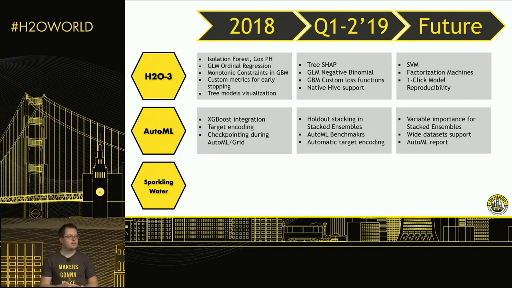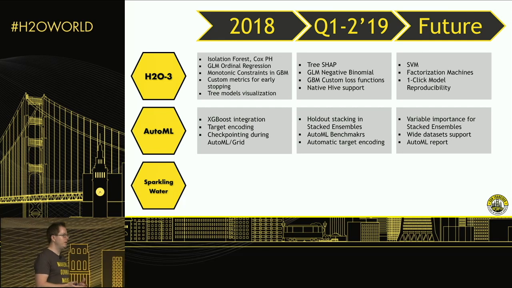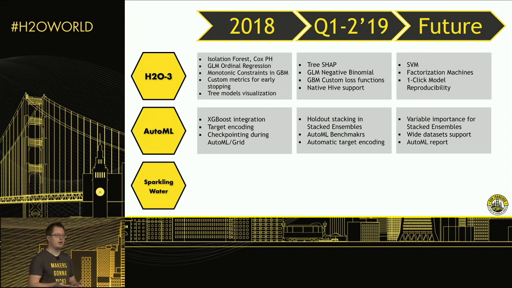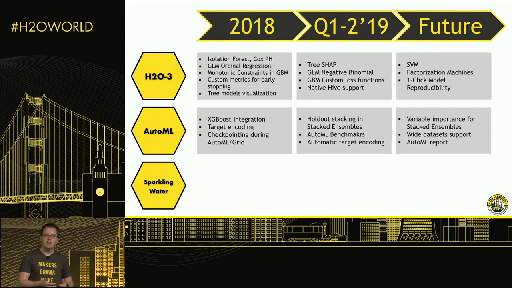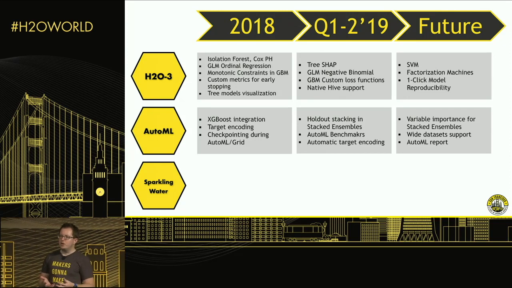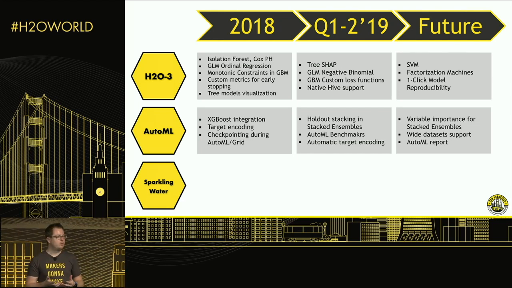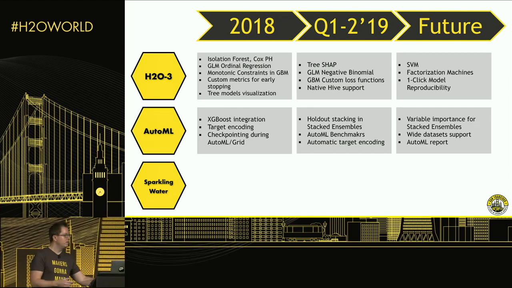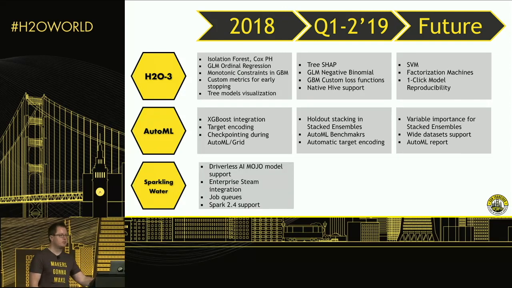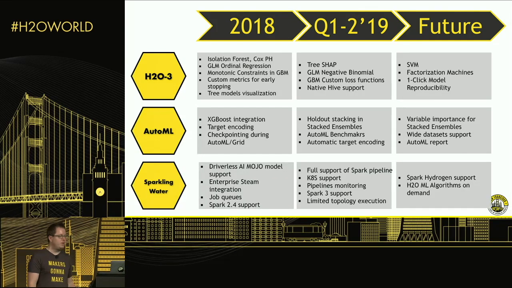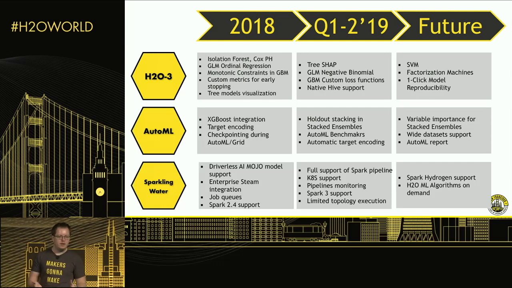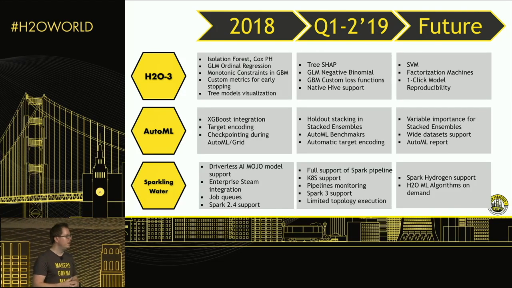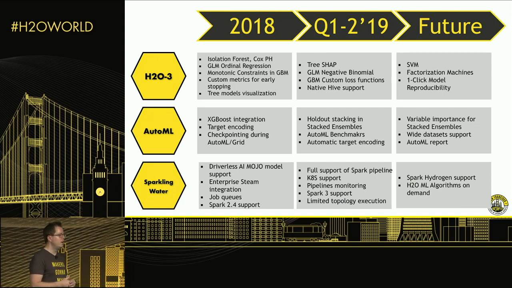Sparkling Water is another example of how we deal with the community. We know that the community is using Spark, and Sparkling Water is the way to use H2O algorithms on top of Spark. You can combine H2O models with Spark pipelines. And what Kuba, who is leading the effort, did in the last year in Sparkling Water is